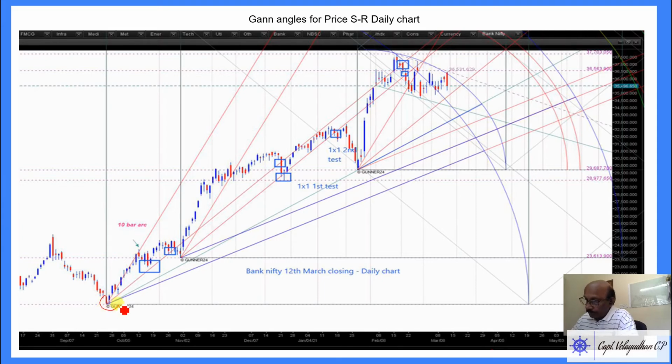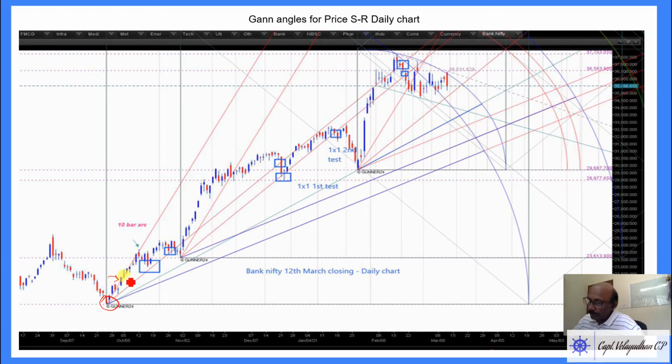There was a correction from this one, and the price made a small gap up opening above this red candle, and next day again gapped up open and made a good bullish candle. With these two moves, when you put a Gann angle here, you will see it above the 2 by 1 line, a 26-degree angle here. Very strong move, and for a few days the price remained within the line.